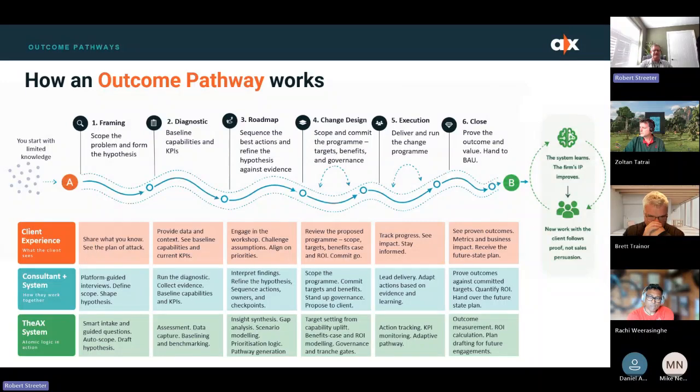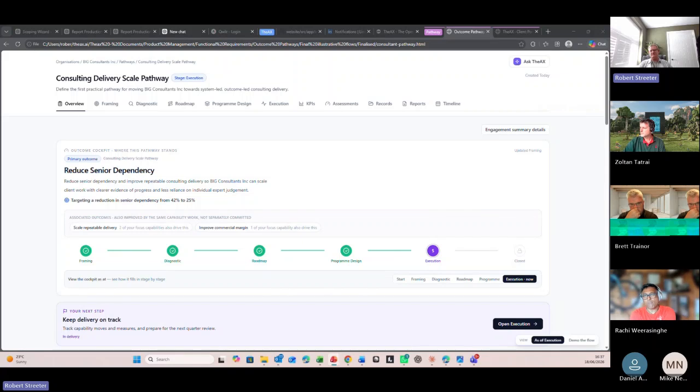I'll just give you a bit of a taster of what this is likely to look like, so it makes it a bit more concrete. What we're working on, as I said, is the development of this type of pathway. This is in one spot where you can manage an engagement from the initial framing through to the execution of a program and then measurement of the outcome of that program. I'm not going to go through this prototype in a lot of detail, but I'll pull out the main